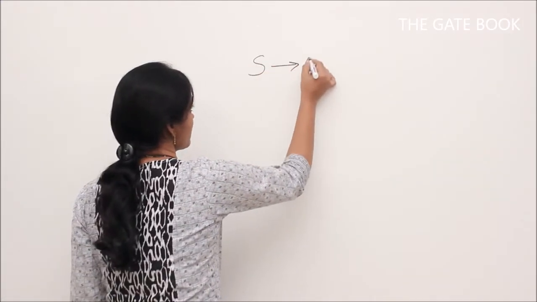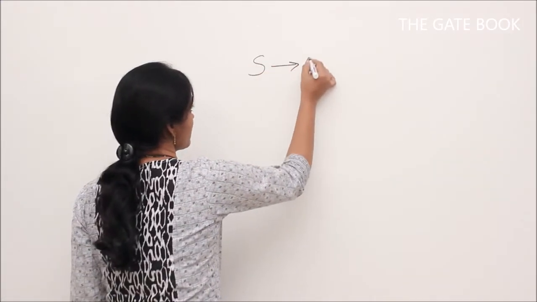A derives 0B. And we know that B already derives some string. So A derives 0, but B can also derive some string, right? So we should add A derives 0B to our set. Now this is also done. What about C derives AB? Now there is A, there is B, and both of them are deriving some terminal strings. So C can also derive some terminal strings. So we should add C derives AB to this set. Now what about B derives CC? That should also be added because C derives some string.